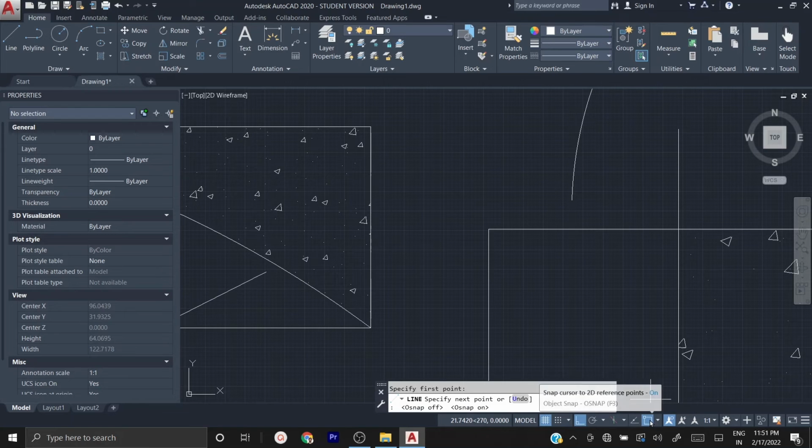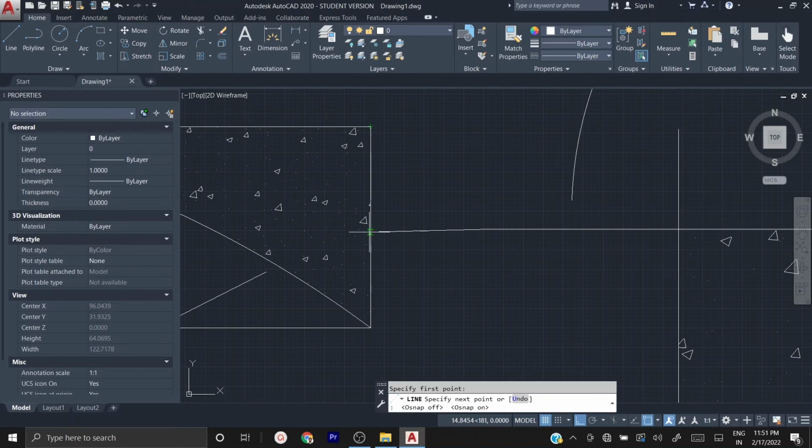So if I switch on object snap, now see it clearly shows the perpendicular. See, again in the dialog box we are getting the perpendicular. Now this one is the end point, and all these are intersections. So how is it showing this point?